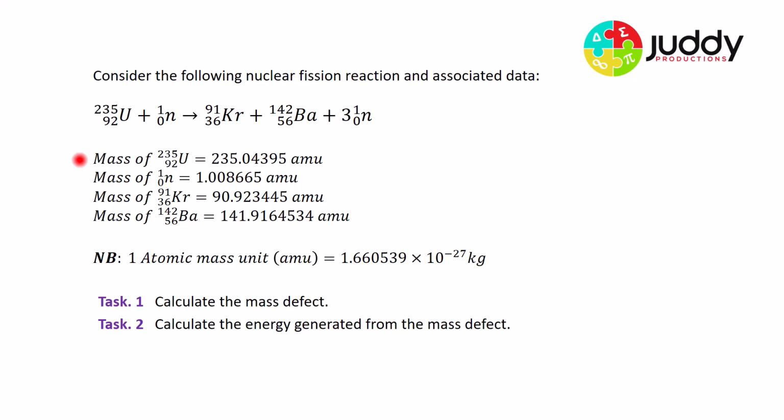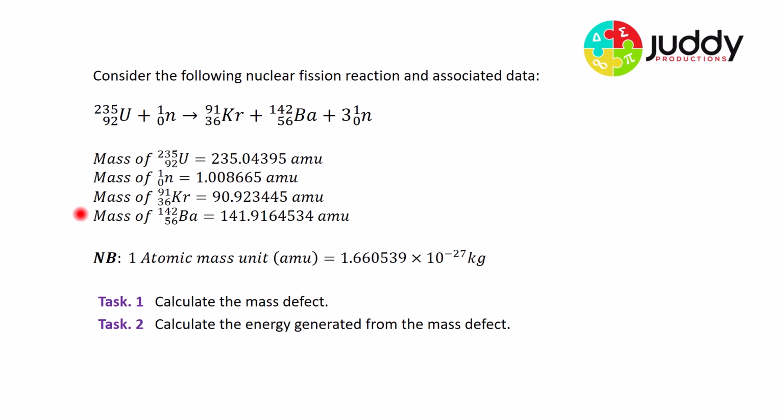Here's our mass of uranium-235. It has a value of 235.04395 AMUs, which is an atomic mass unit. The mass of a single neutron is 1.008665 AMUs. The mass of krypton-91 is 90.923445 AMUs. And finally, the mass of barium-142 is